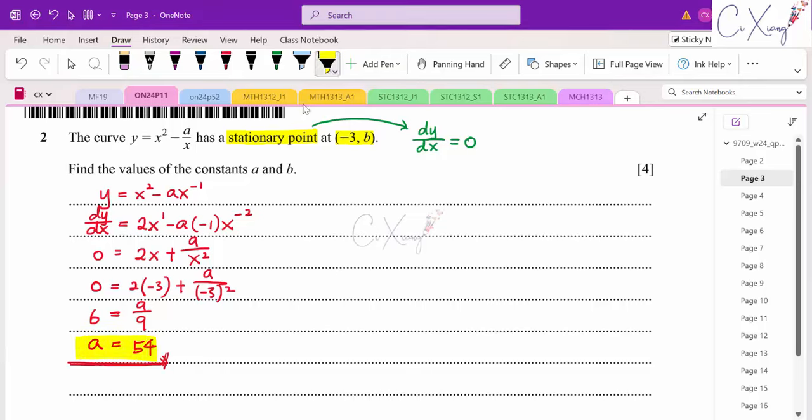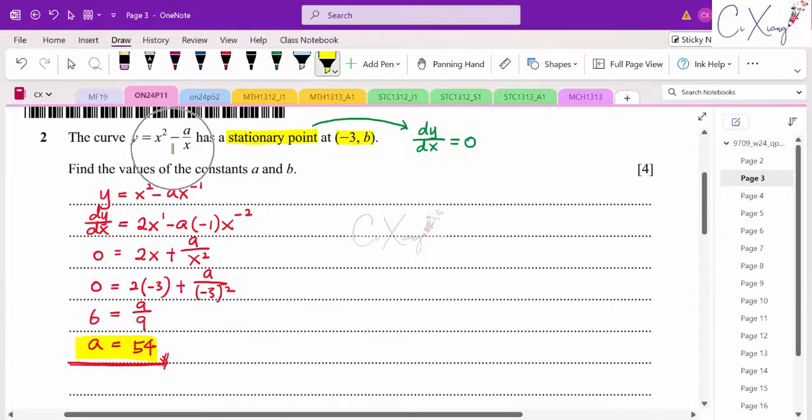Right, so this is how you get the value for a. And how can we get the value of b? Okay, so if you have a look at the b here, basically b is the y coordinate of the stationary point. And that also means that this particular point lies on the curve. So to find out the value of b, what can we do